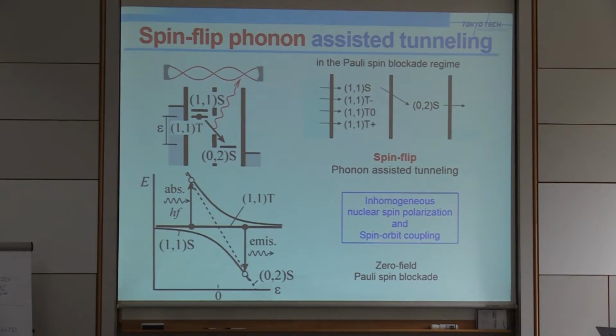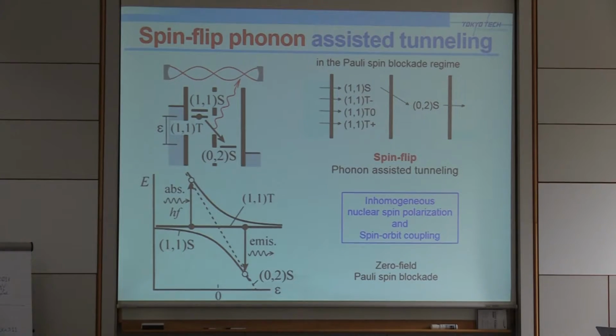So now we repeat the same measurement, but in the so-called Pauli spin blockade regime to see spin flip phonon-assisted tunneling. Let me explain how the Pauli spin blockade works. We focus on the 2-electron double quantum dot and consider the tunneling transition from a 1-1 charge configuration to a 0-2 charge configuration in the double quantum dot. But the tunneling between them is allowed only for singlet spin correlation